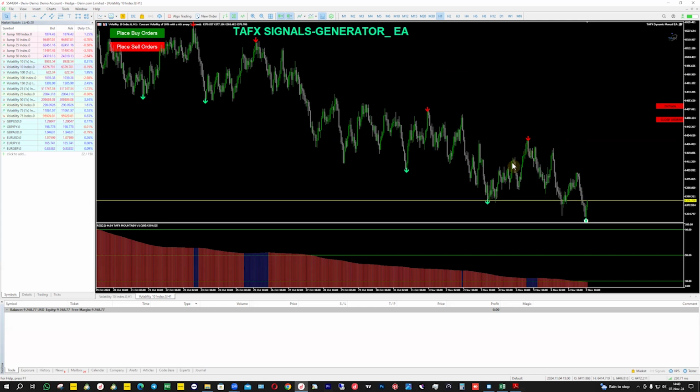After getting a good setup, that's when it will send an alert. You will see it pop up on your screen and tell you to buy or to sell. So you don't have to worry about analysis. You don't have to do anything but sell or